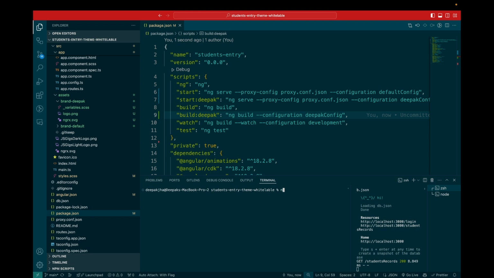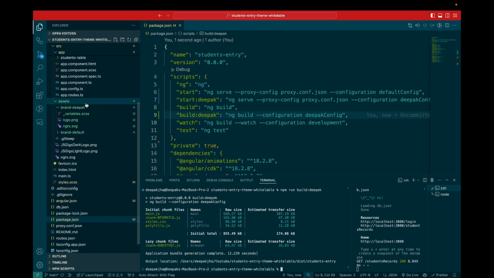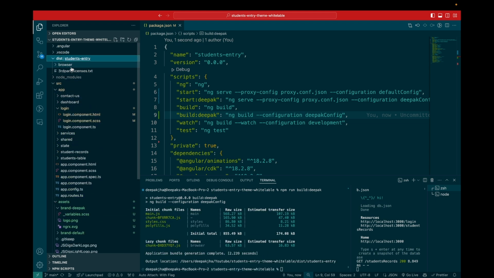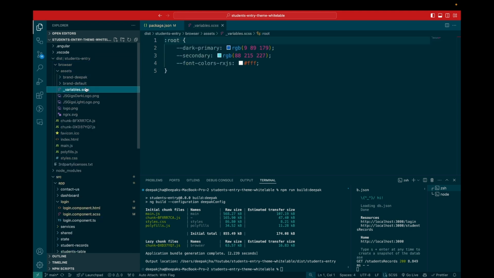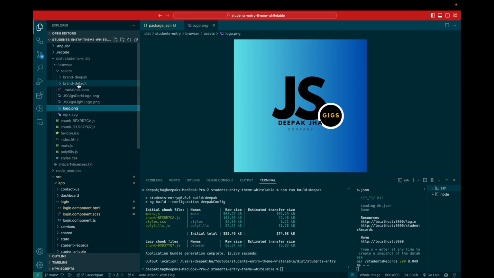So npm run, there you go. So here the dist folder, let's just see if the correct assets have been copied or not. There you go, the correct assets have been copied here,